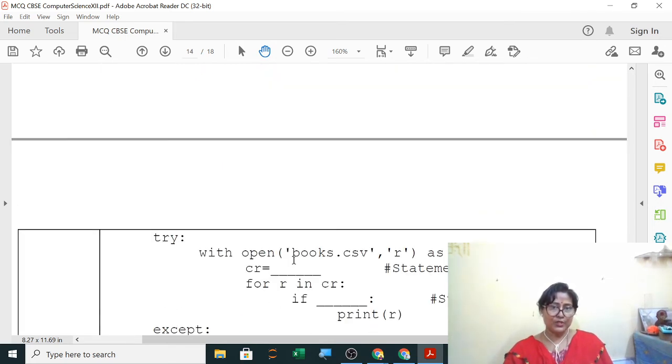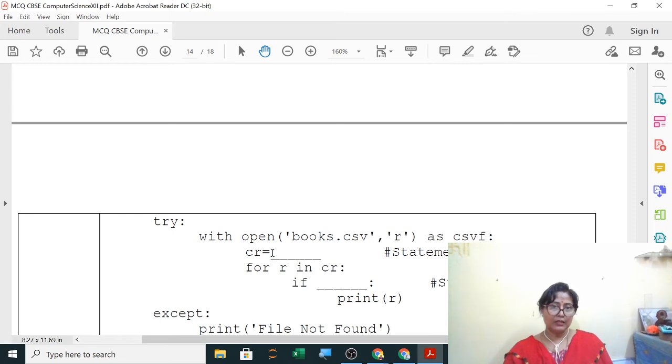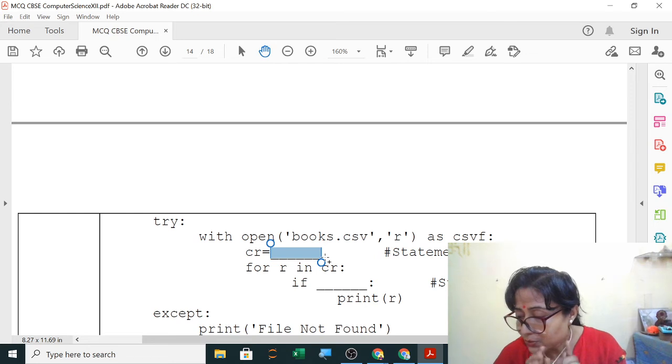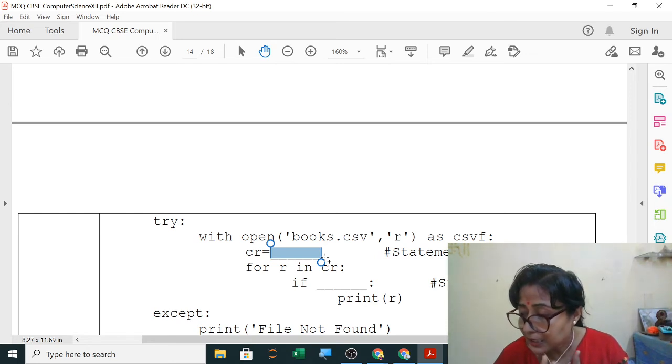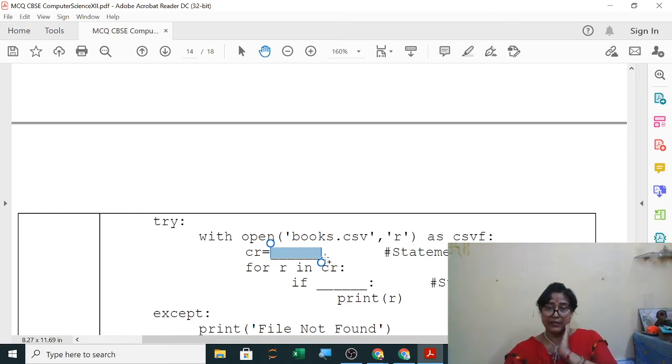Okay, we will see the options now. Then before searching, what you have to do? For reading, reader function. This is CSV. In a CSV file we are using writer function, reader function. So here it will be reader function.